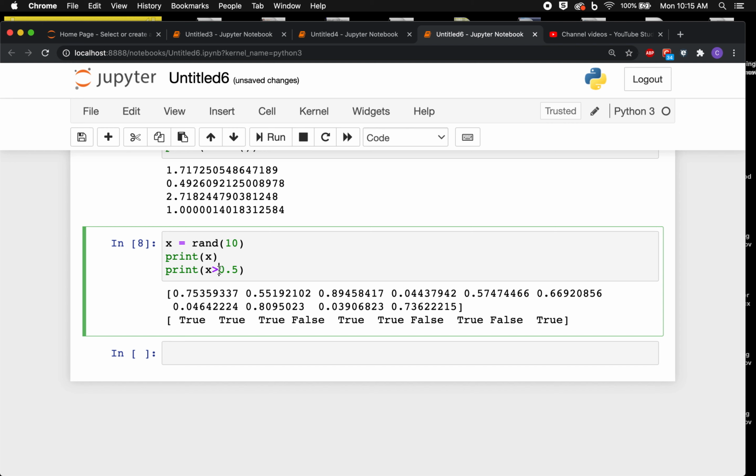And this logical operation is going to be run element by element. So the first element, 0.75, that's definitely bigger than a half, so that's true. The second one's also bigger than a half, it's true. Third one's true, but the fourth one, right, it's way less than a half, that's going to be false. So we can get an array telling us element by element which elements are bigger than a half,